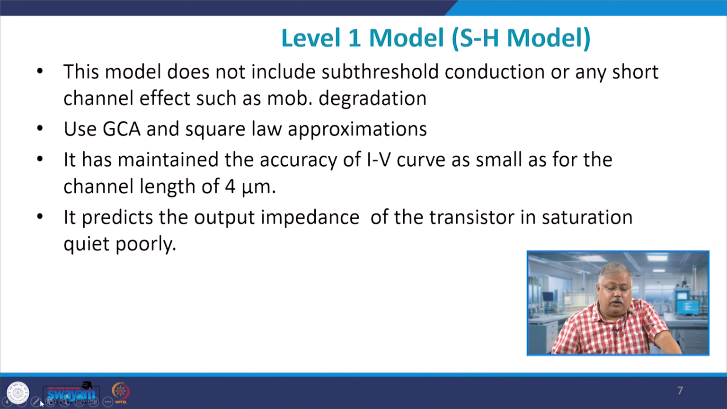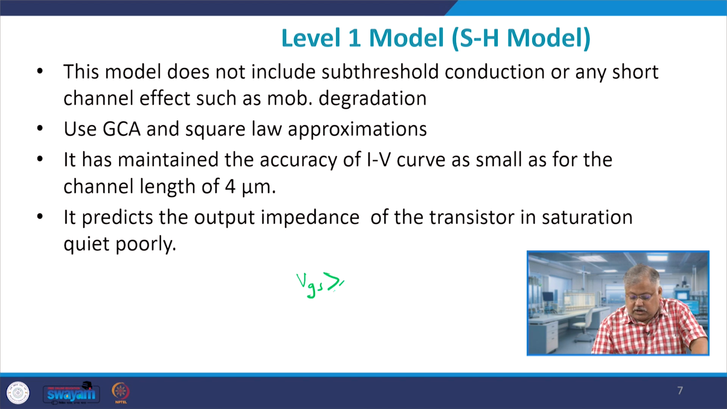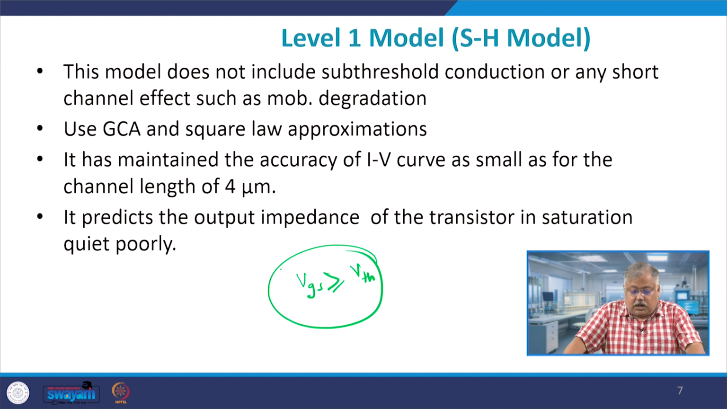Let us move forward now. Let us first talk about level 1 model. It is also known as Shichman-Hodges model, and it does not include subthreshold conduction. So, these are all post threshold such that VGS is much larger as compared to VTH, right. This has been done, and we also do not take into consideration that mobility is electric field dependent and there is a degradation in the mobility. No, mobility is actually held to be constant,